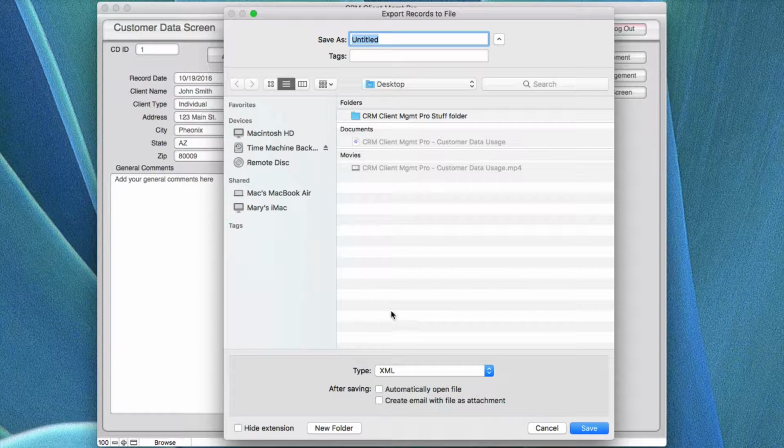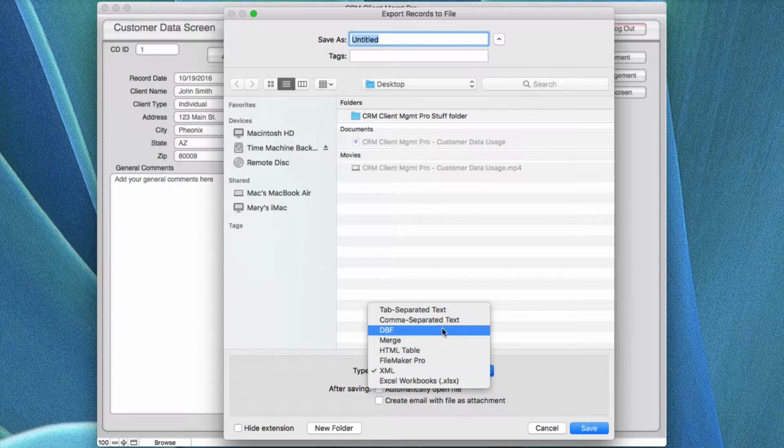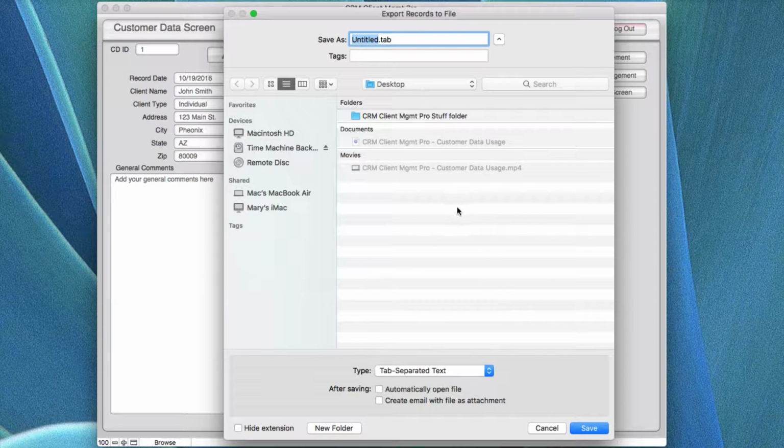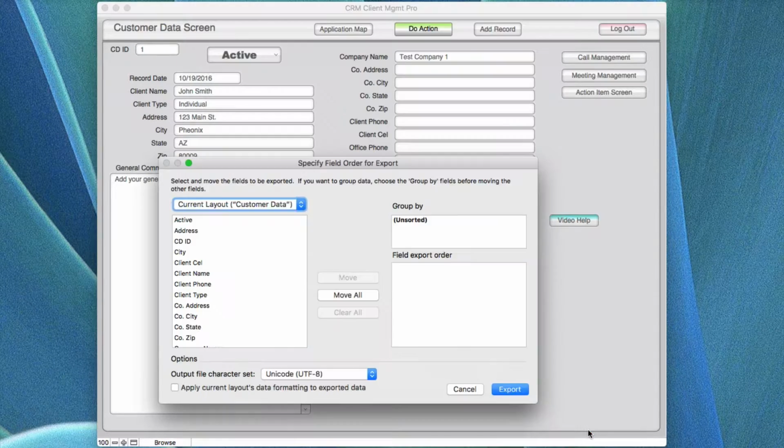the table of fields, and the fields would be in the group based on the name of the field at the top. So when you go ahead and, for example, if I say Save and Tab Delimited, I go to the next screen. One of the things you need to know how to do is to move what fields you want exported for the current screen you're viewing. You can move one field, for example, if I wanted to move that one, I could say Move It, and it would move it. You can apply the current layout data formatting, and that would work only in specific cases,